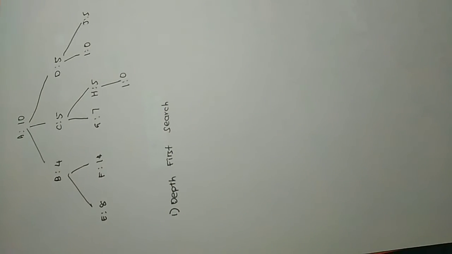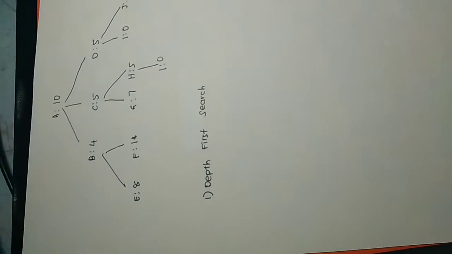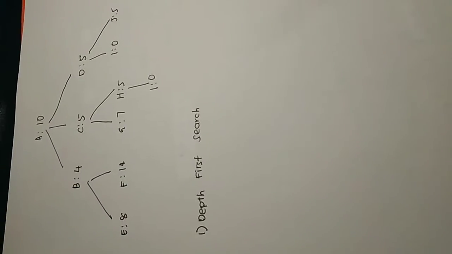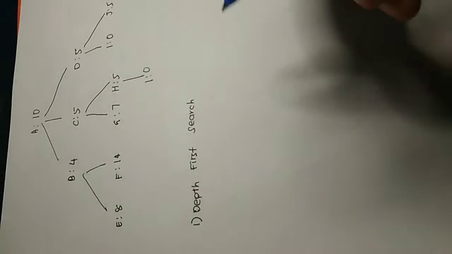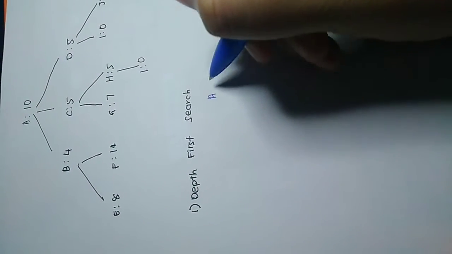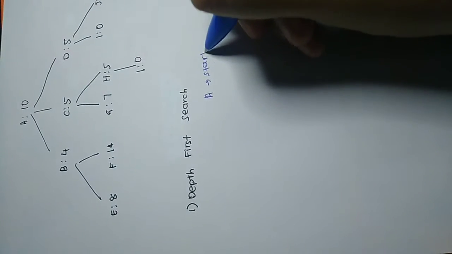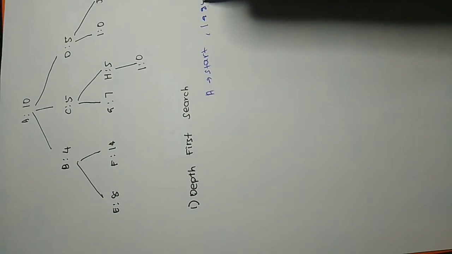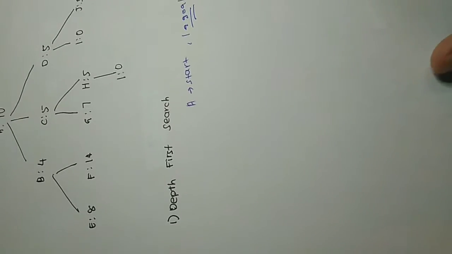Everyone. So today I'm going to explain how to do depth first search based on this question. The first step that we have to know is which one is the start and which one is the goal. In this case, A is the start and I is the goal. The moment we meet the goal, we can stop. So we're going to start